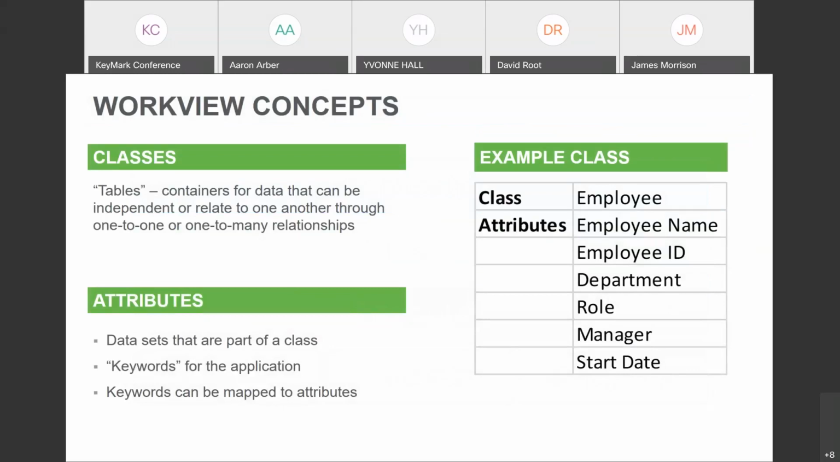So again, just not to beat a dead horse here, in this case, this is the employee class and the attributes that would fall within that. So a little bit more business-centric example. And in this